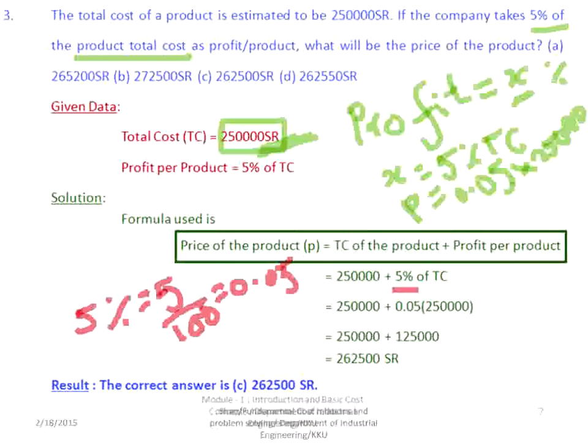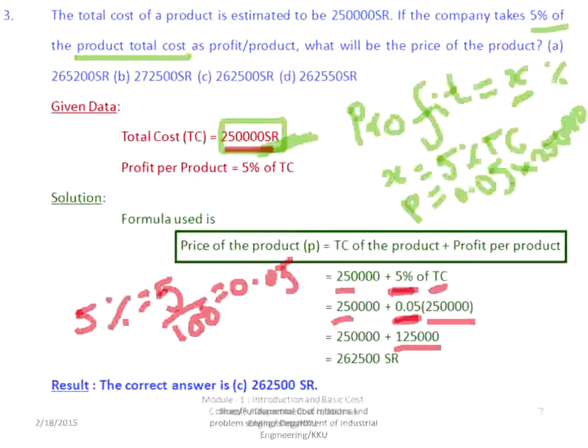Yeah, that's the value we write here. See, 5% becomes 0.05. Can you see the steps here? 5% becomes 0.05, and total cost is given as 250,000. This 250,000 is here. Now we multiply this, you get this value